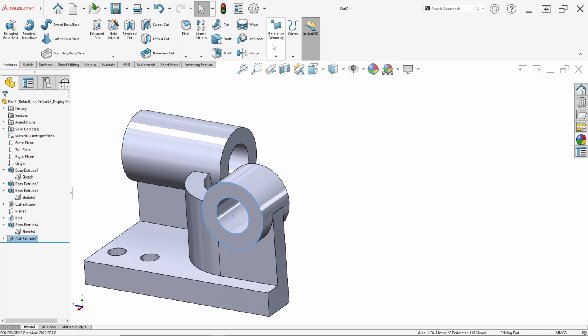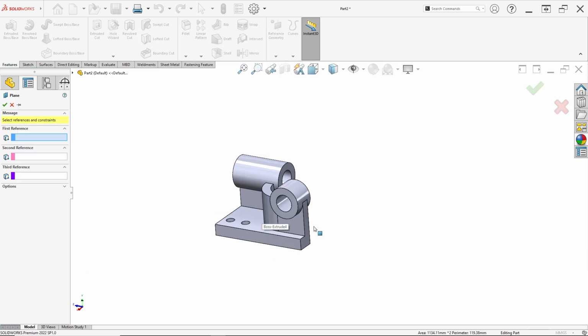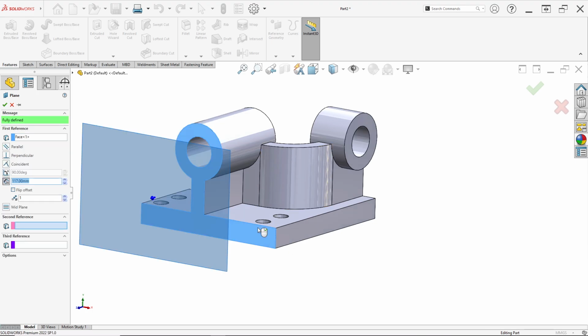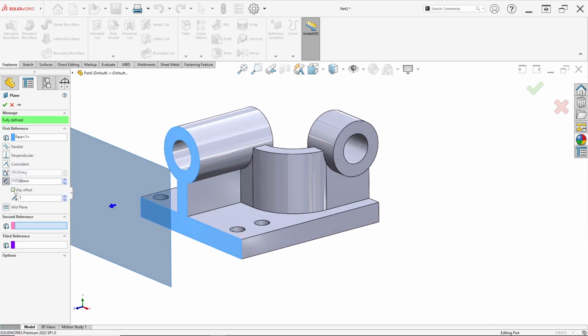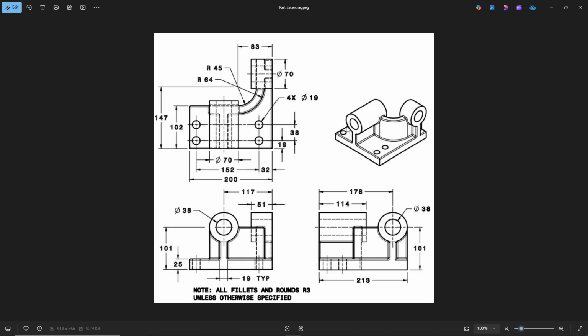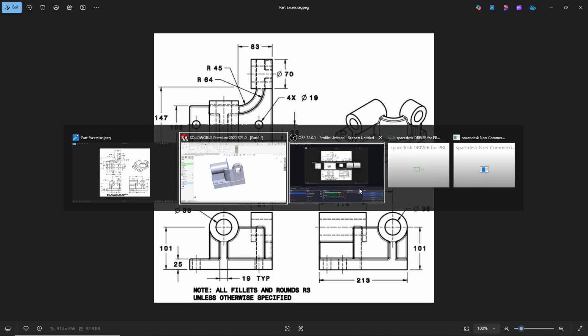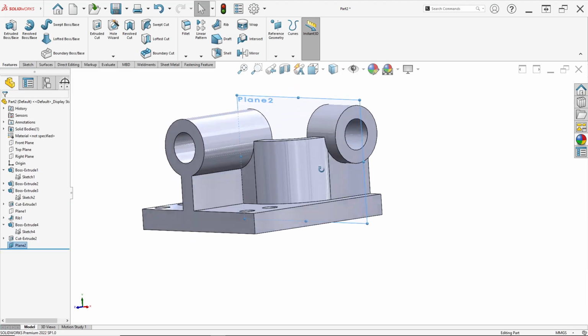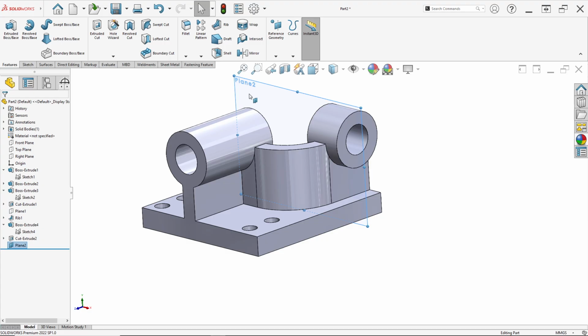Just click Feature and click Reference Geometry again and click Plane. Now we can select the first reference in here, this face. Just click Flip Offset in here, but for distance in here, 178. Just input 178 millimeter. Click OK. We just made a plane, the name is Plane 2.